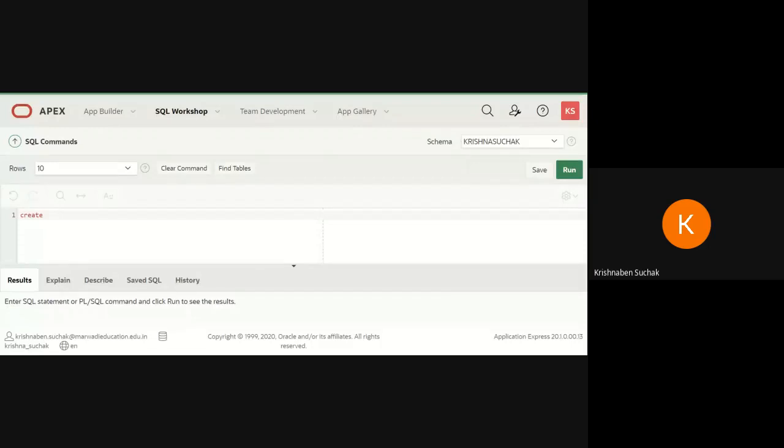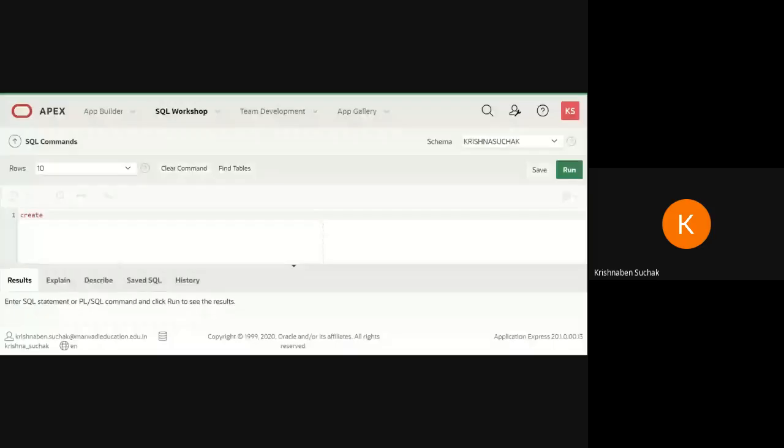I have created one Google Classroom account where you have to upload your practical Word file. In the Word file, write the question given in the practical manual, then your query, and then a screenshot of the output.